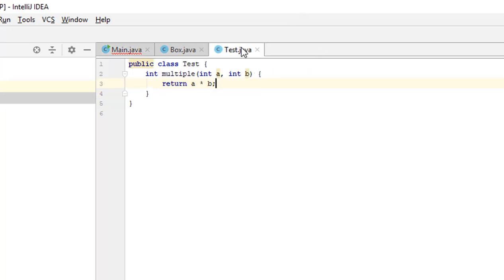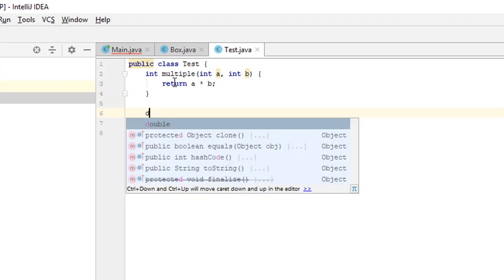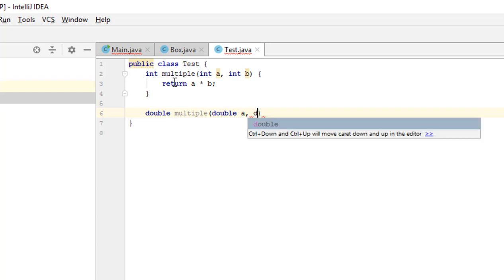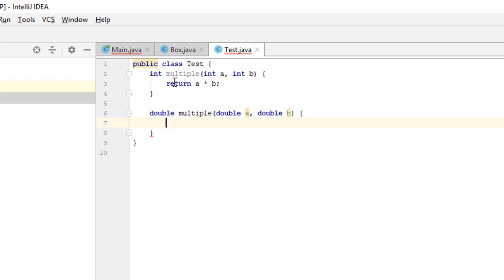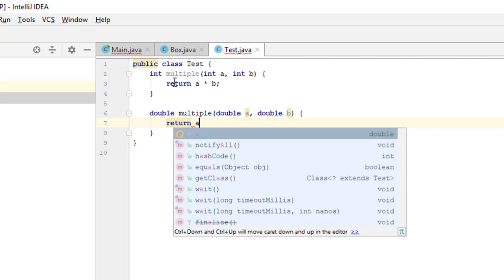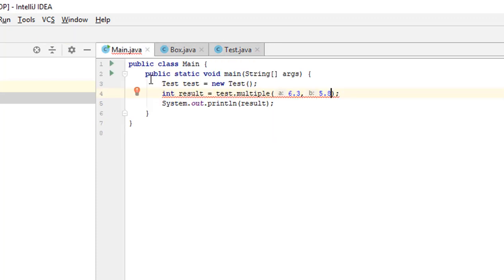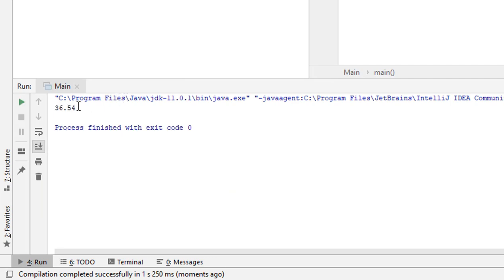Fortunately, Java supports overloading methods. Open test class and create a method with the same name. It will return data of double type, and it will accept two parameters of double type and return their product. Open the code and you will see an error because we are trying to save the product of double type numbers in an int variable. Changing the type to double resolves the error. So we can run the program and see the result